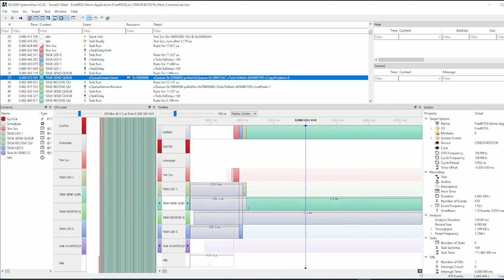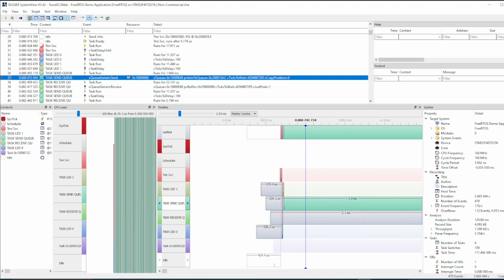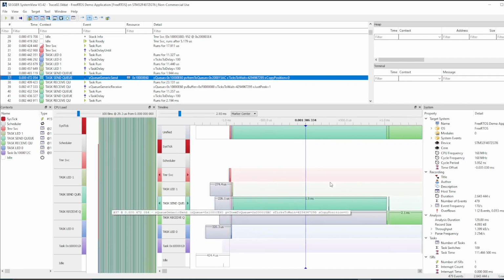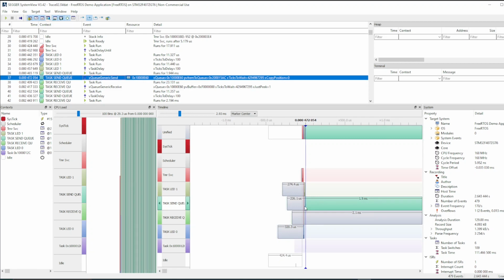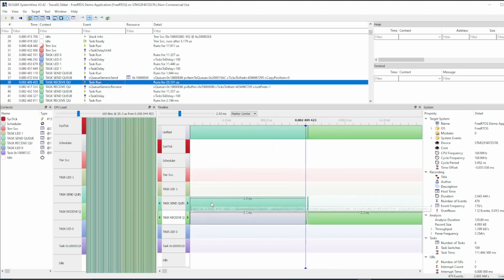It takes more than 90% of the task execution. It's basically after the xQueueGenericSend. So we have task run, xQueueGenericSend at the very beginning, and after that we have all this information running. So this is basically the serial sending